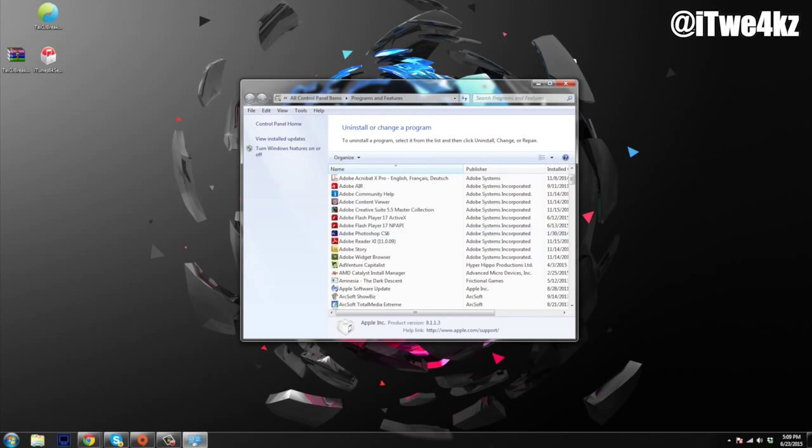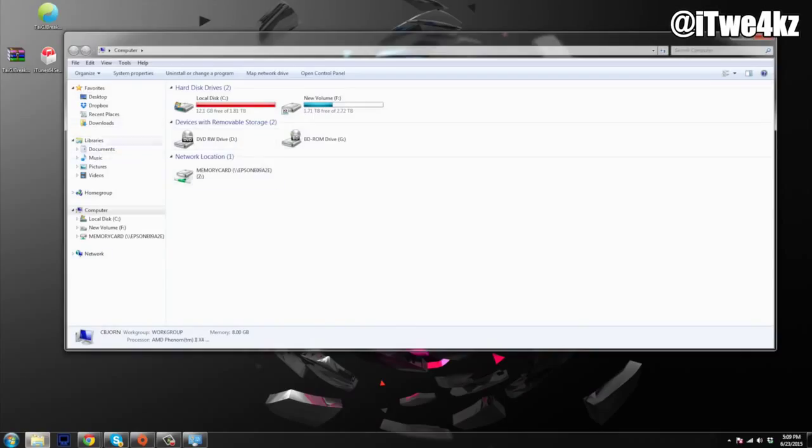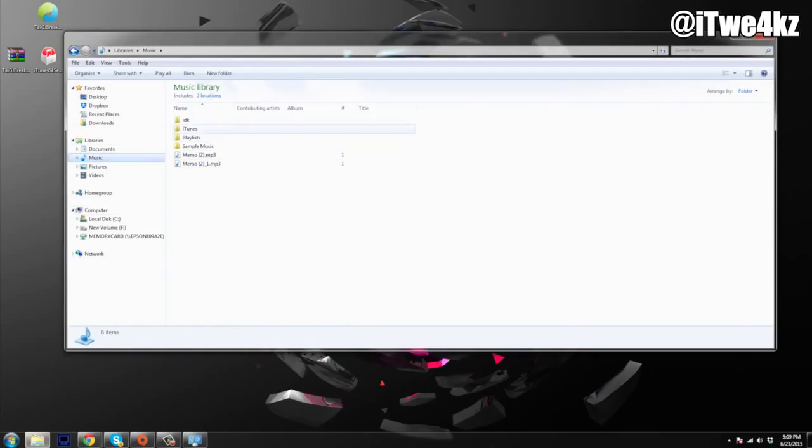Now once that's done, what you want to do is go into your computer. So just click on Start, go to My Computer, and then click on Music. And then here in Music, you're just going to double click on iTunes. Open that up, and then you should see a file called